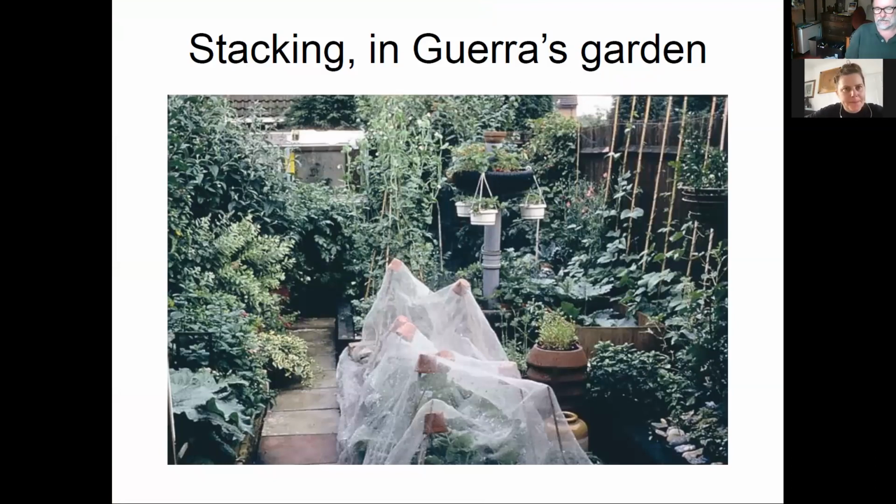We can take some of these ideas now, stacking three-dimensional, complex, layered ecosystems, and bring them into a garden. This guy, Mike Guerra, was a first-generation permaculturist in the UK. He was a designer and someone who allowed his imagination to go with him. So we've got raised beds, vertical gardens, layers of shrubs, layers of productivity at different stages. We've got some big, nice leafy vegetables here, some shrubs going up, and climbers on the wall of this garden. This is a tiny garden in Surbiton in West London, by the way.